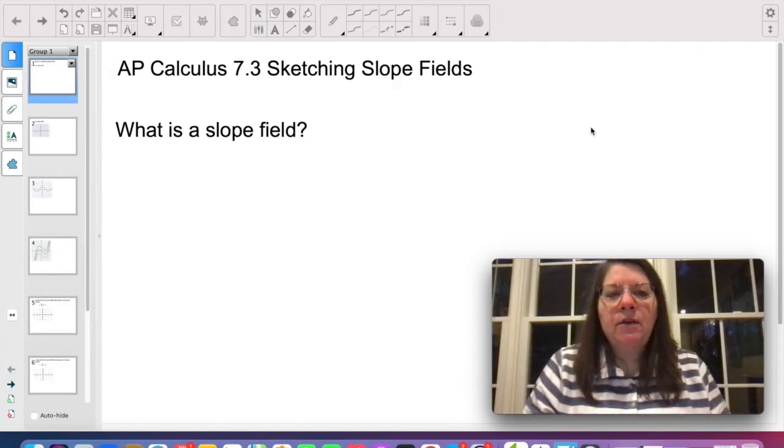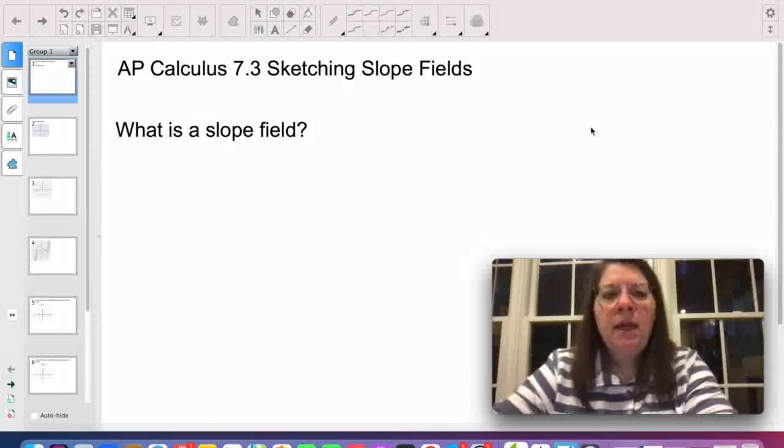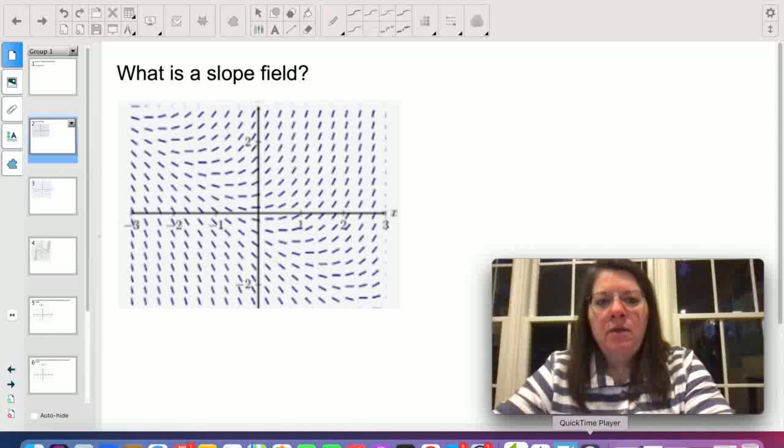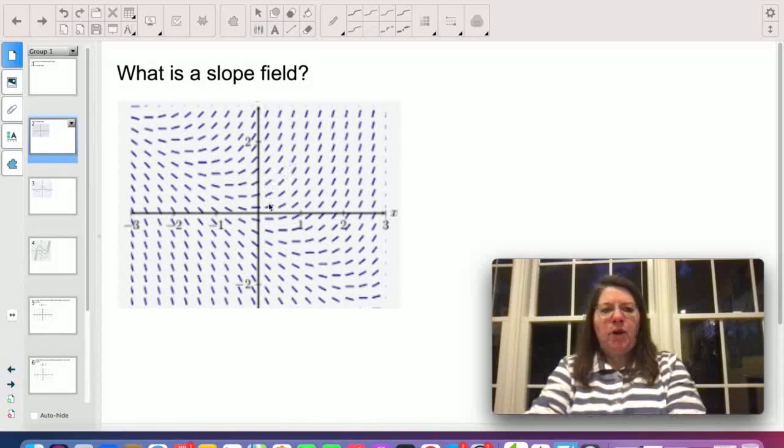This is AP Calculus 7-3, sketching slope fields. And first of all, we need to understand what a slope field is. A slope field is a picture of what a differential equation would look like for a specific number of points. So this is an example of a slope field, and we have done this slope field for all the points